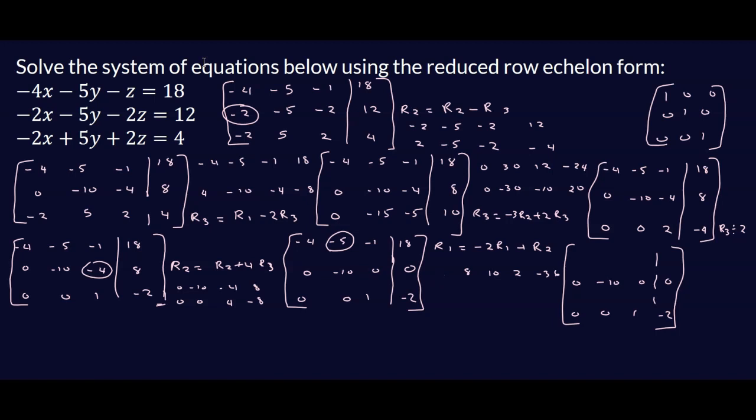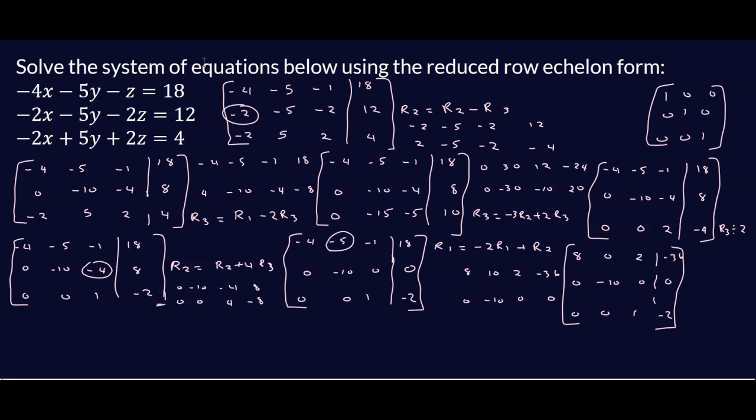Let's get rid of this to avoid confusion. And then row 2 is 0, -10, 0, and then we have 0 here as well. So let's add this up. We have 8, 0, 2, -36. And so the next thing we're going to do here is to go ahead and